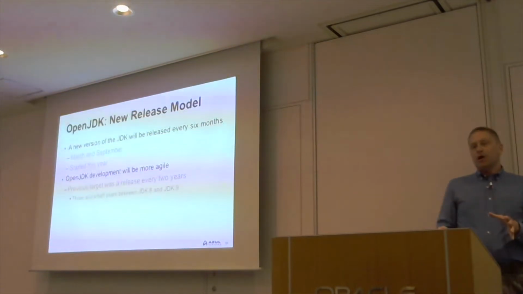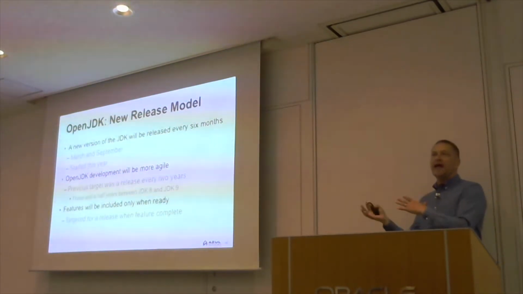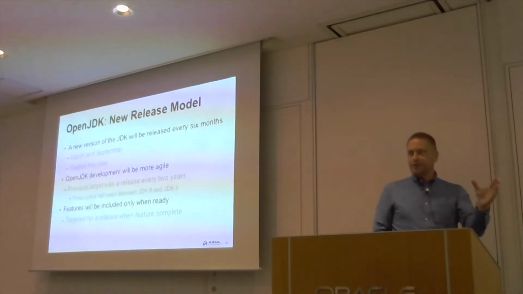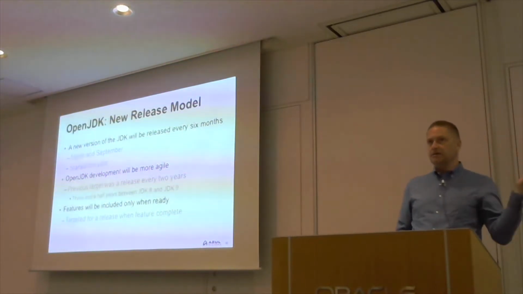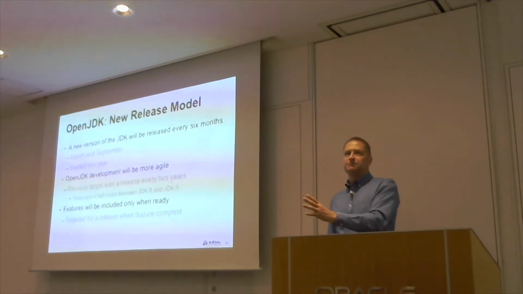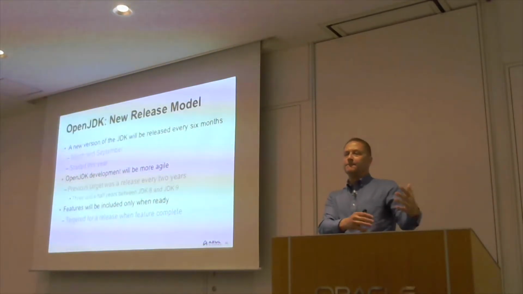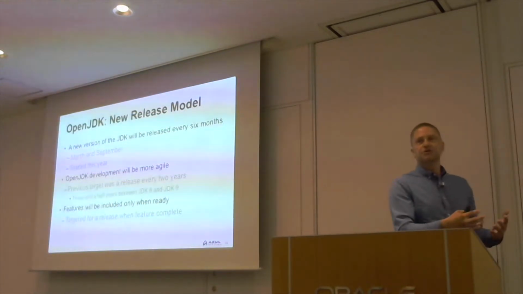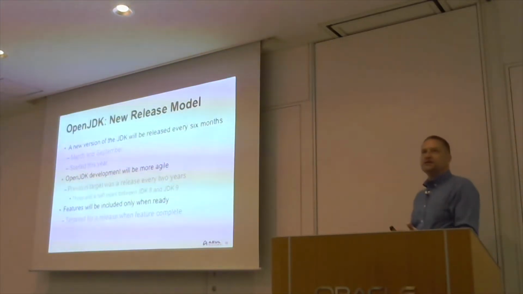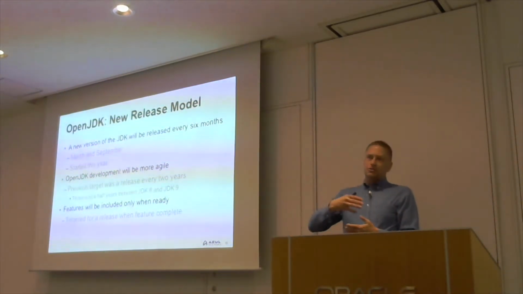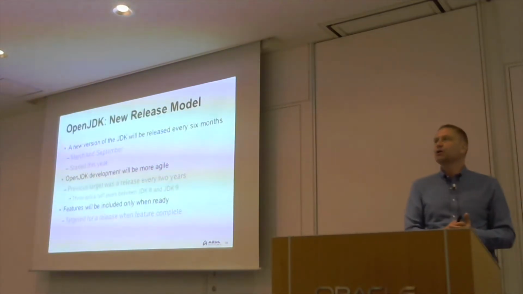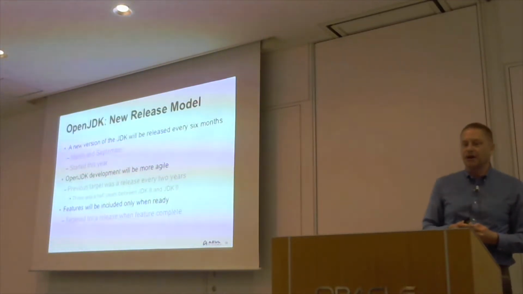The way this is going to work is by changing how features are added to Java. In the past, when the developers sat down and said, right, we're going to start JDK 6, they sat down and said, what features are we going to put in JDK 6? They made a list, and then they started working on it. And only when all those features were finished did they then ship JDK 6. That would often lead to delays. We saw that with JDK 9. The modularity system had to be changed a couple of times, and things needed to be reworked, so we had some delays in JDK 9.